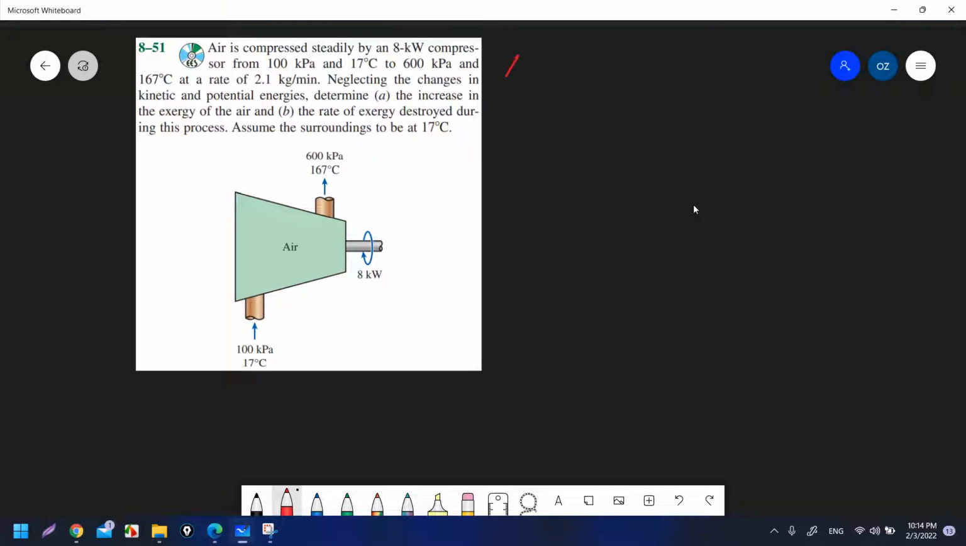Air. So we have air and we will treat it as an ideal gas. It is compressed. Compressed means we have a compressor that compresses the air steadily, and a compressor is already a steady device, by an 8 kilowatt compressor. 8 kilowatt means, okay, kilowatt is power, kilojoule per second, it is a rate. 8 kilowatt means it is an input power. Why input, not output power? Because a compressor is a work consuming device, so